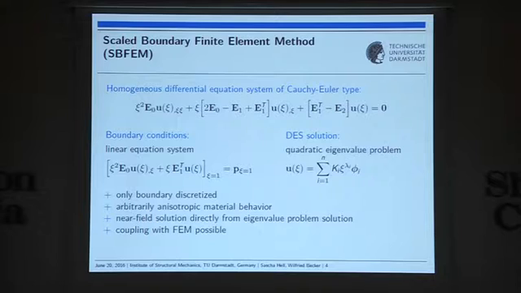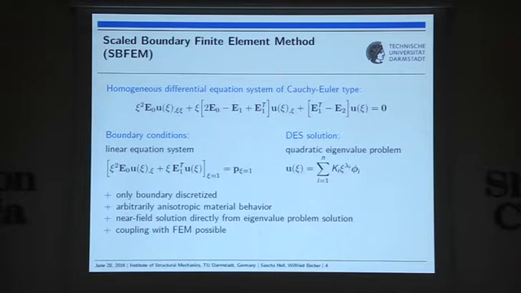So concluding, the SBFEM has the following advantages. Only the boundary needs to be discretized. We have arbitrarily anisotropic material behavior, which we can model. The near-field solution is directly obtained from an eigenvalue problem solution, because this matches the standard asymptotic expansions, which are typically given for a crack-tip near field. And the scaled boundary finite element method can be coupled with the finite element method if the corresponding shape functions are